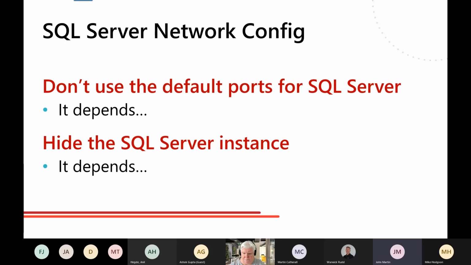When we start thinking about the default port for SQL, obviously it's well known, it's a common attack vector. People start looking for the traffic, they'll start scanning all those ports. But the reality is, if you switch out that port number for something else, unless you have gone to a unique port per server, then you're basically just adding some complexity for yourself. So if you turn 1433 into 5232, for example,